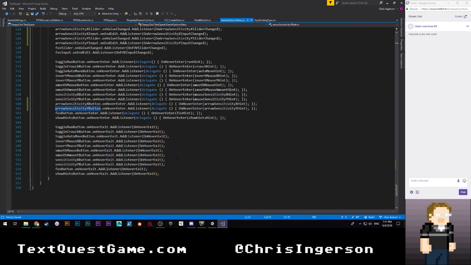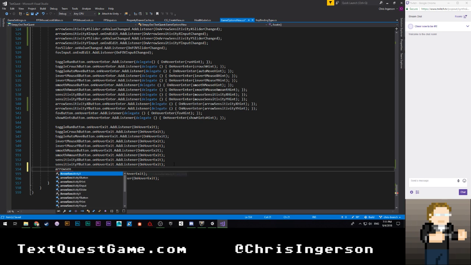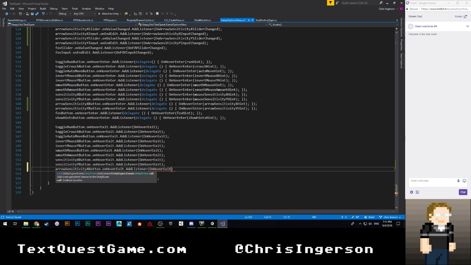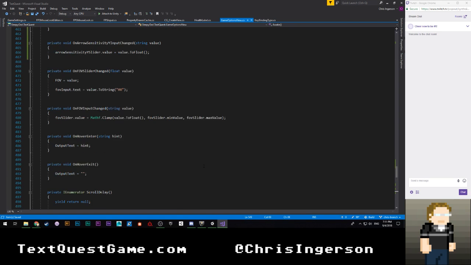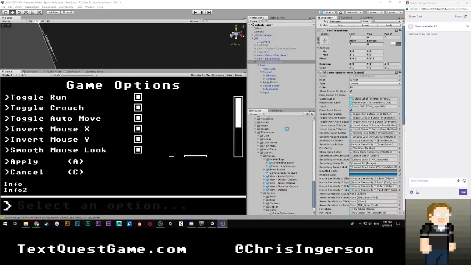And pretty much we need to do the same thing. We're going to say arrow sensitivity X button dot on hover exit. Add listener on hover exit. Okay, let's just go ahead and copy that, paste it, and paste it again. Say Y button. All right, so now that's 2 of our buttons, and that's all that we really needed to do. So for now, we're going to let that compile. That should add all the fields that we need for the arrow sensitivity stuff,